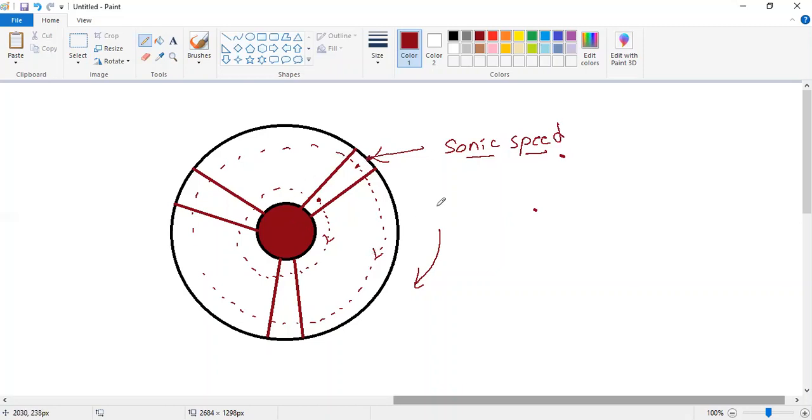So if both of them are rotating at the same time, the part of the blade which is towards the tip, okay, this is called the tip, will rotate at a very high speed. In the same time it is covering a larger distance, because speed is equal to distance upon time. So the blade tip is covering a larger distance. So when it is covering a larger distance, its speed increases. If the speed increases and reaches the speed of sound,